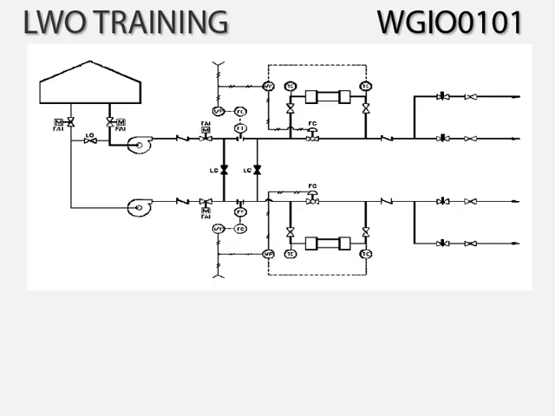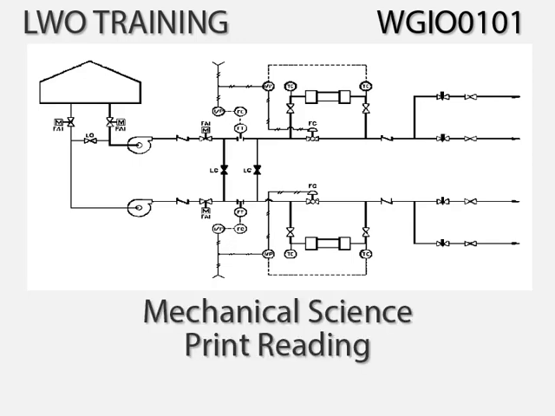Welcome to the training for Mechanical Science Fundamentals. Print reading. The average time to complete this training is estimated to be 15 minutes. After you have completed this portion of training, you will be directed to the next training lesson in the series